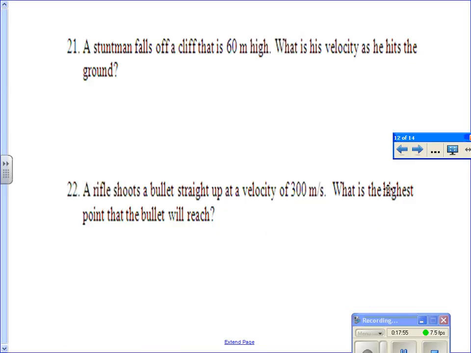All right, we're getting close to the end. A stuntman falls off a cliff that is 60 meters high. Okay, so it falls off means his VI is 0. 60 meters high means our delta x is negative 60. His velocity as he hits the ground is VF, and we know that A is negative 9.8 because that's our acceleration due to gravity. So we put in VF squared equals VI squared